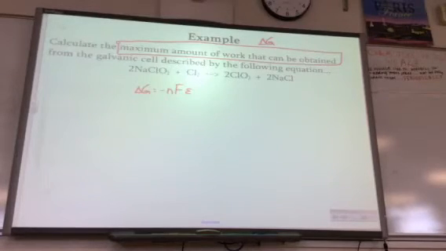N is the number of electrons that are transferred. So you have to find the 2 half reactions and see how many electrons are given off or taken in and set them equal to each other. You know how when we balance redox, you have to set the number of electrons equal, so if you give off 3 and you take in 2, you've got to get 6 on both sides. The 6 would be the N.